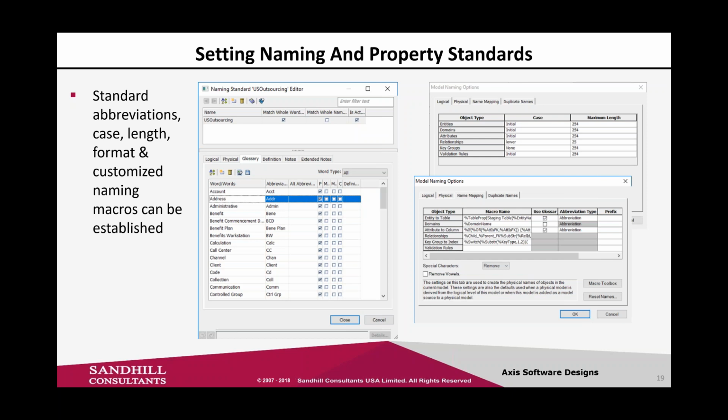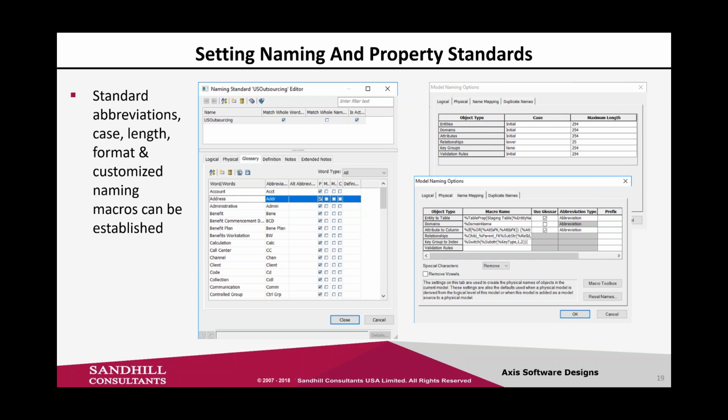By using these macros, it can adjust your case, your lengths, any of that information that you want, and apply it to your standards. So if you need to prefix things or suffix them, you can do all that through your macros quite effectively. The top screen on the right-hand side is where we can define things like your case as well. Bear in mind, we can do case in two different places, one in the macro and a blanket approach on an object level.